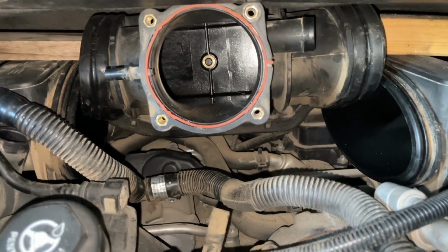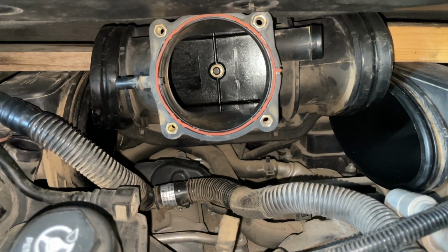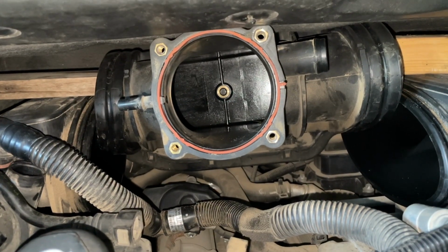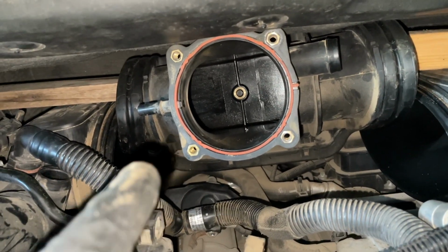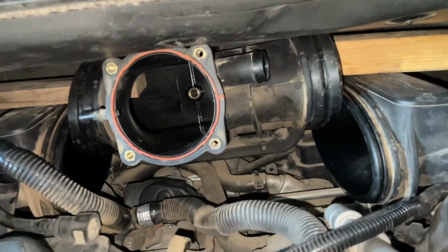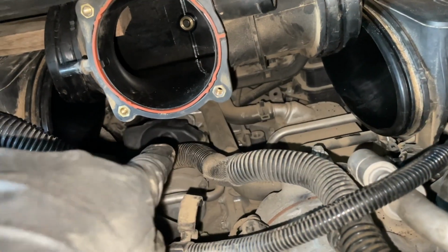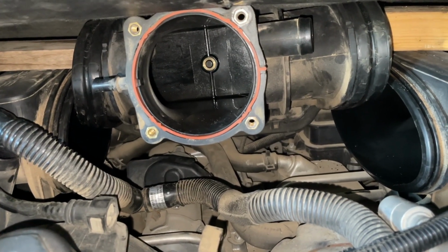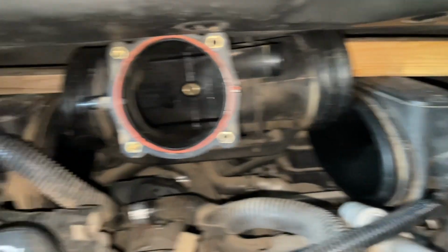So here's where I deviated from what Pelican Parts said to do. Because I do have an S and because I do have that vacuum line, if you don't have an S, you don't have a vacuum line. You can just pull the whole thing out and have full open exposure down to the starter, which is right back there. I do have an S, so I'm gonna leave that attached, and I've taken these blocks of wood,